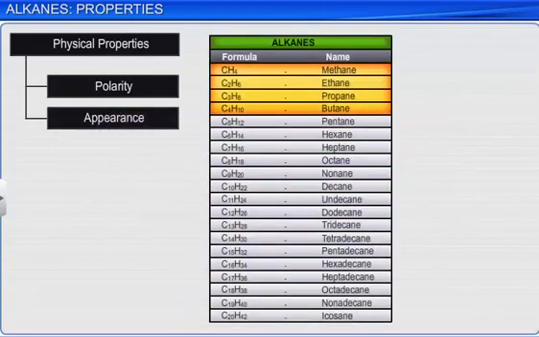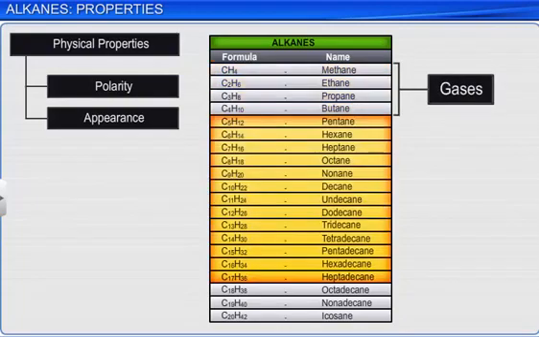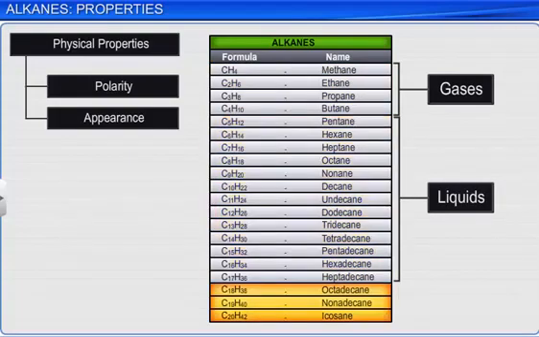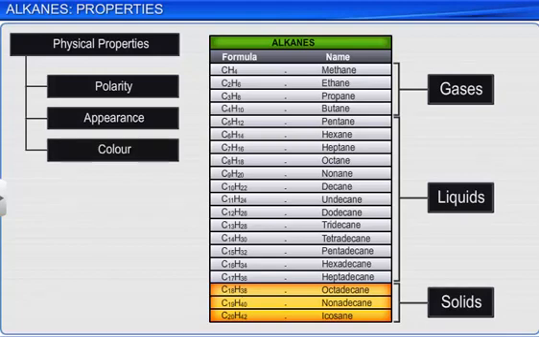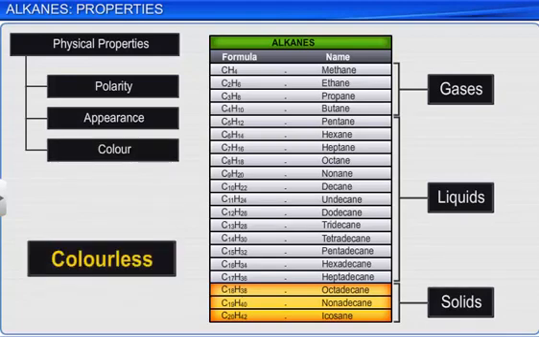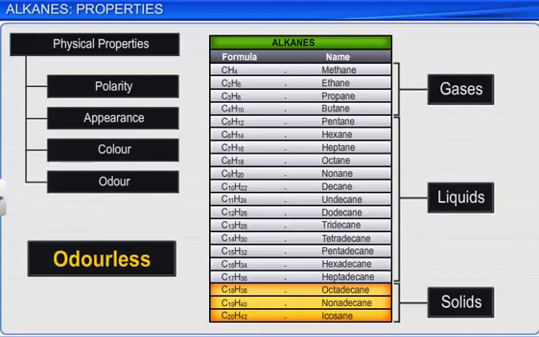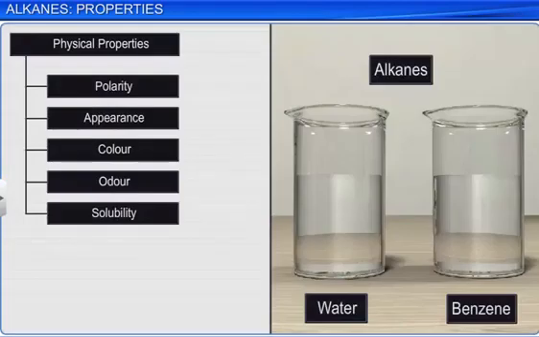Therefore, the first four members of the series, C1 to C4, are gases. C5 to C17 are liquids, while the molecules containing 18 or more carbon atoms are solids at 25 degrees Celsius. They are all colorless and odorless. Due to their non-polar nature, these compounds are insoluble in polar solvents like water and soluble in non-polar solvents like